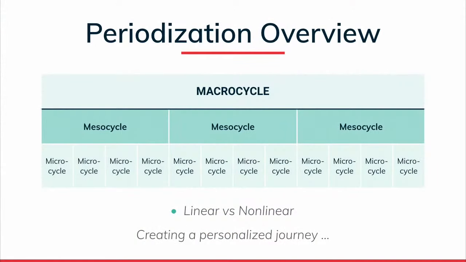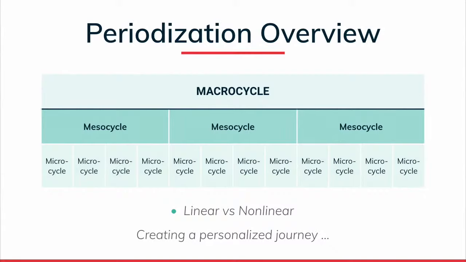Getting some overview of the terminology here, terms you've probably heard before, and again, pulling from some of the strength and conditioning research. So our macro cycle, whether we're planning a strength training program, a combined program, or cardiorespiratory program, is the overall approach. And so this is something that's probably somewhere from a few months, maybe all the way up to 4 years for an Olympic training macro cycle.